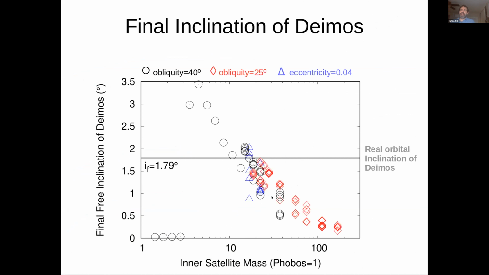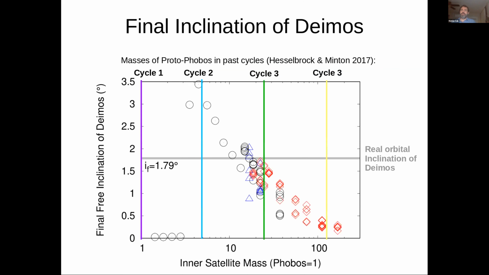And you can see that less massive inner moons can create more inclined Deimos. We also tried different obliquities of Mars. So if we compare these results, so what inclinations we can get with resonances with past inner moons of Mars, against the predictions for the masses of past inner moons of Mars from Hesselbrock and Minton, we find that we